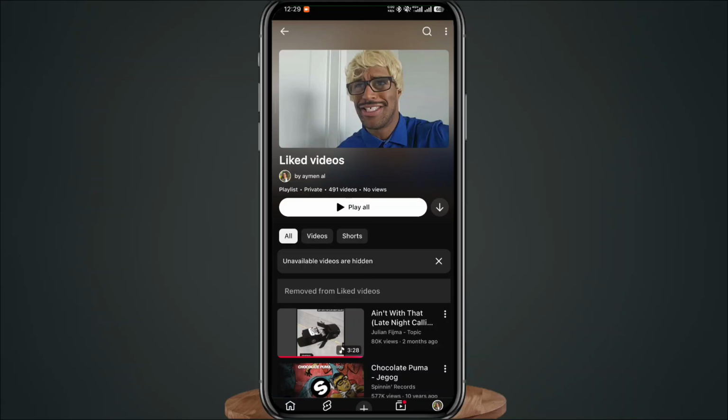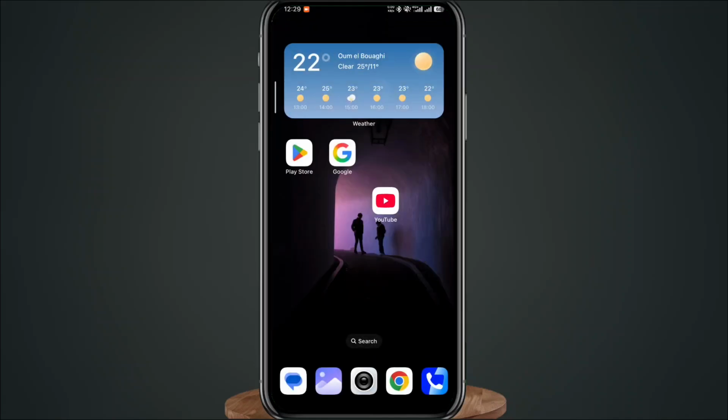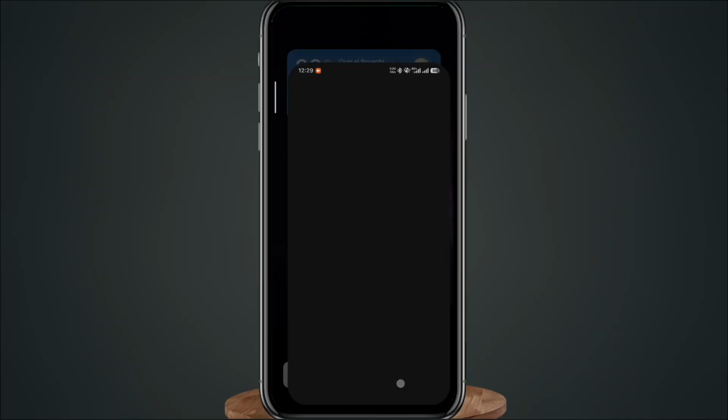Now, if you have hundreds of videos that you want to remove the likes from, this process can be very annoying, or it can take a lot of time, and as you can see, there is no option in the app to remove all the likes. That's why you have to follow along with me and I'll show you exactly how to remove all the likes on YouTube. Go to your browser